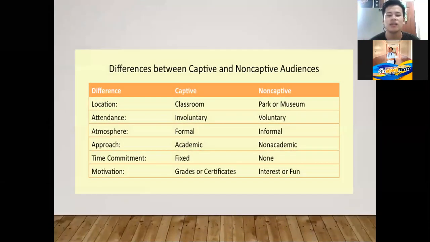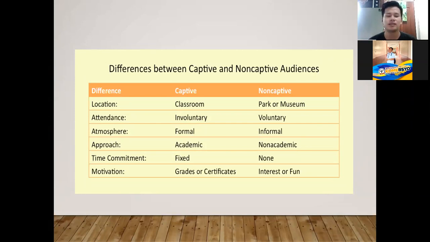To define it properly, let's look at the differences between captive and non-captive. With regards to location, an example of a captive audience is people in a classroom. If we are in a classroom, we are required to listen. However, for non-captive, it is a park or museum. People in a park or museum are really not required to listen to you. So they are considered a non-captive audience. About attendance: involuntary, voluntary; atmosphere: formal, informal; approach: academic, non